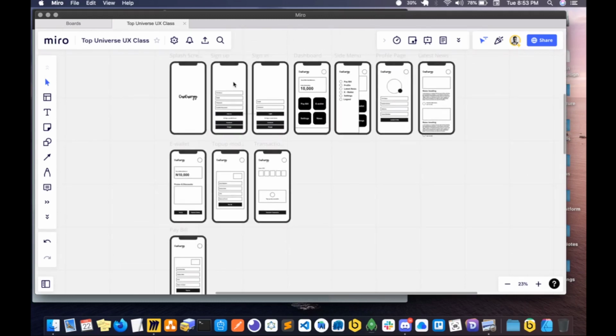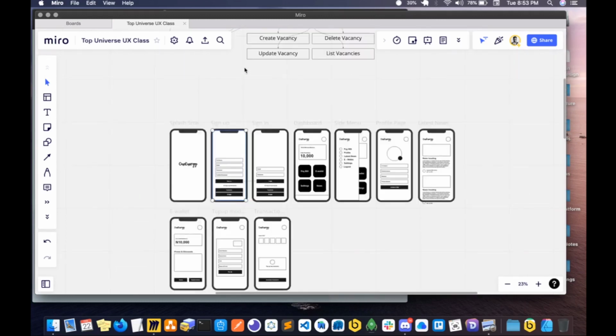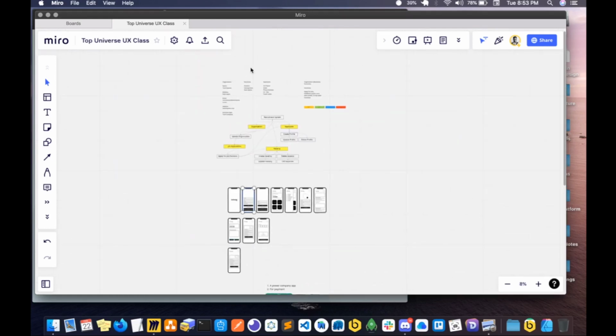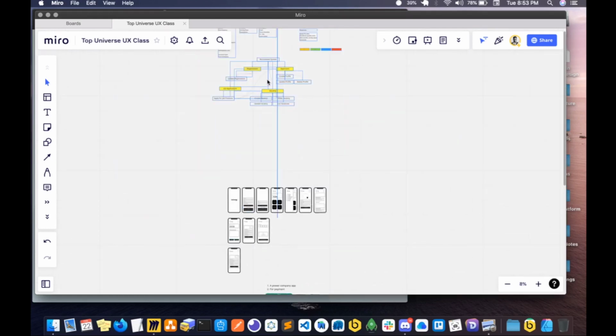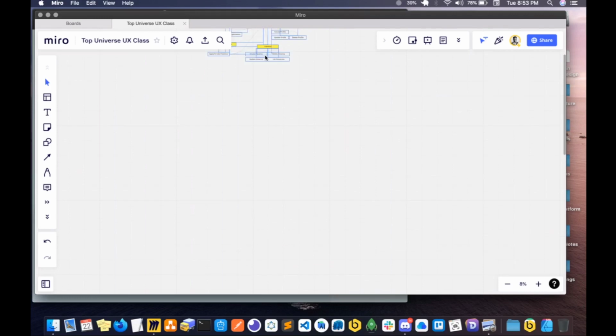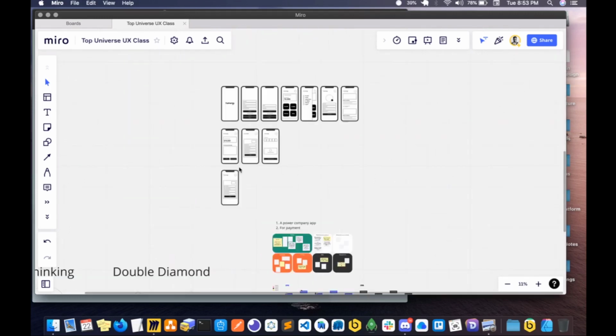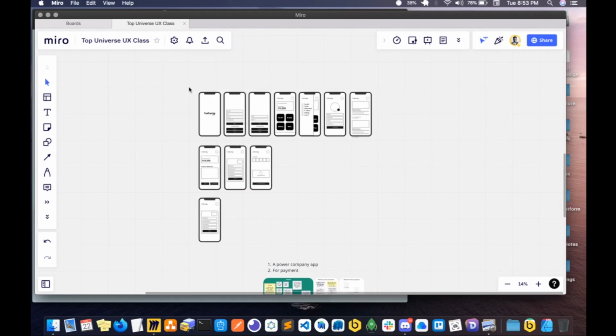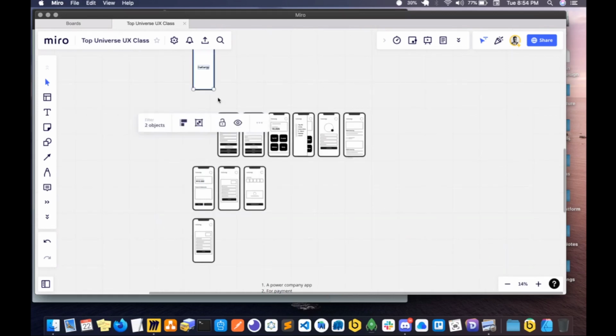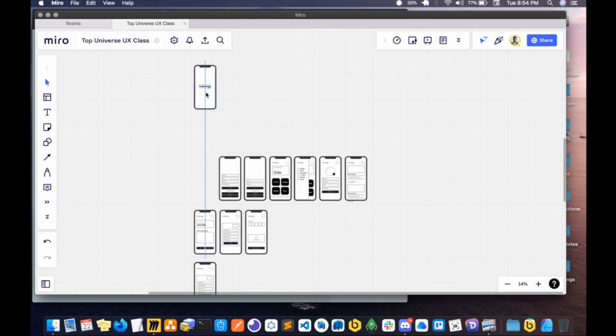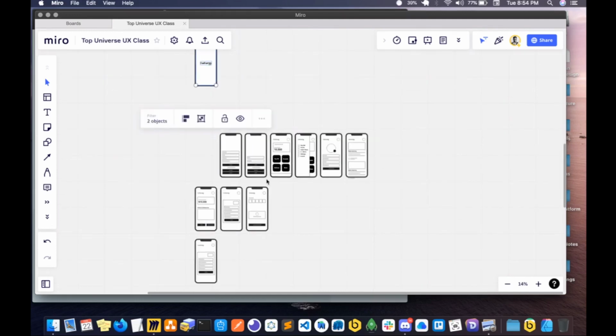For example, authentication. The reason for this grouping is so that you'll be able to have enough space to visualize what you're doing. You understand what you're doing well and what you're not doing so well. So if you have this, for example, as a splash screen, right? If we have this as our splash screen, we have this as our